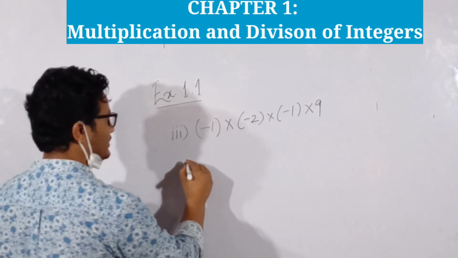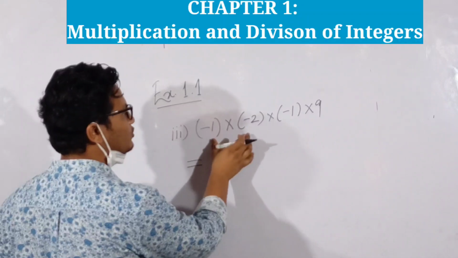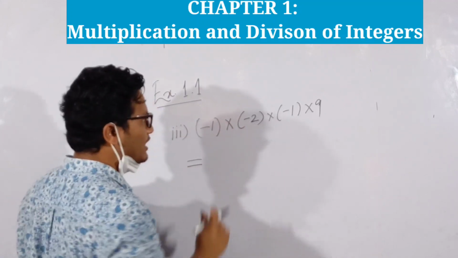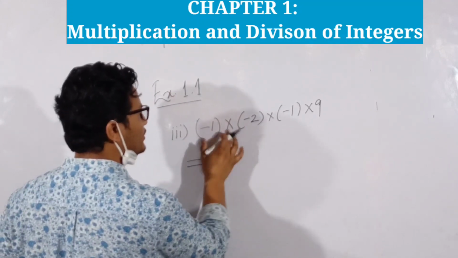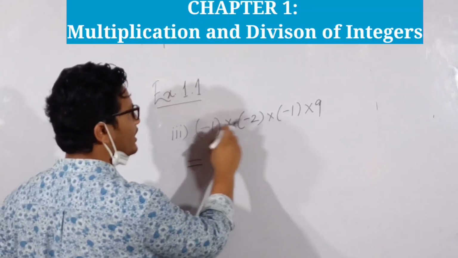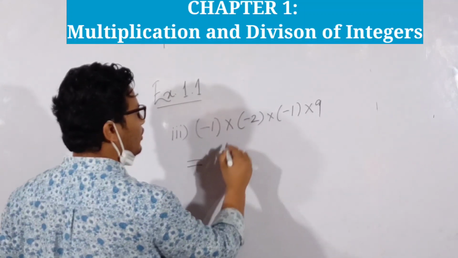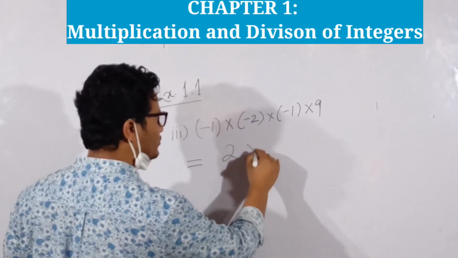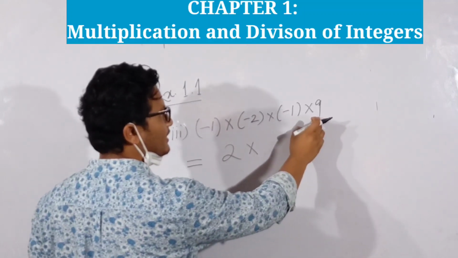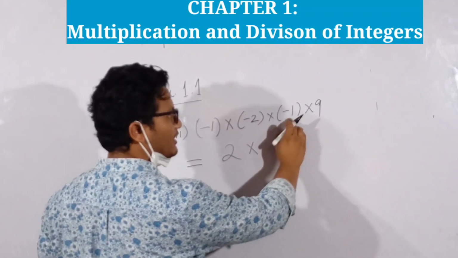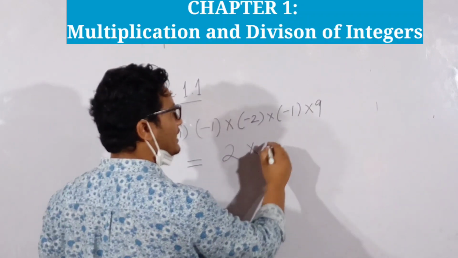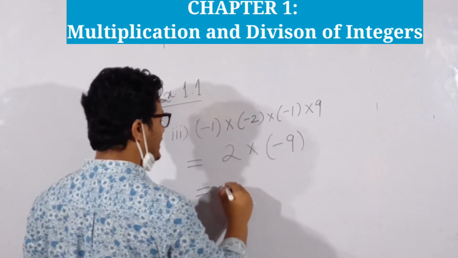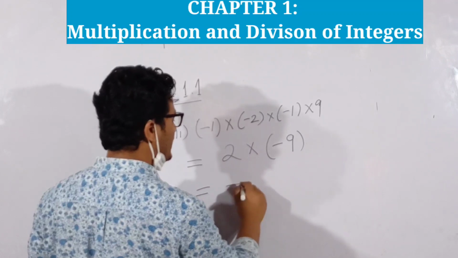Let's solve it. First of all, what is 1 into 2? 1 into 2 would be 2. First we will multiply these two. What is -1 into -2? It is 2. Will it be positive or negative? It will be positive, because negative into negative is positive. Now 2 into -1 is -2... Then 1 into -9: here one negative is there, so 9 ones are 9 and the answer will be negative, -9. And the answer would be 9 twos are 18, positive into negative, -18.